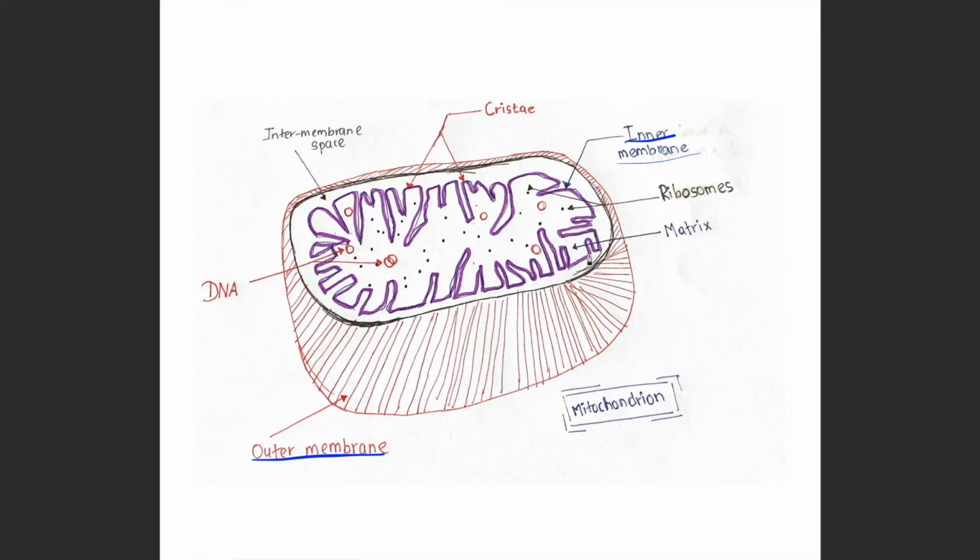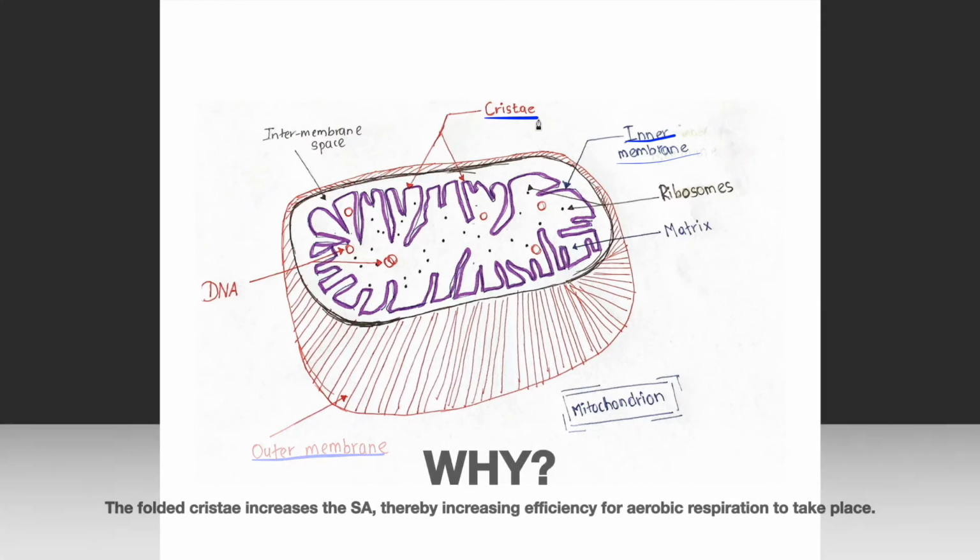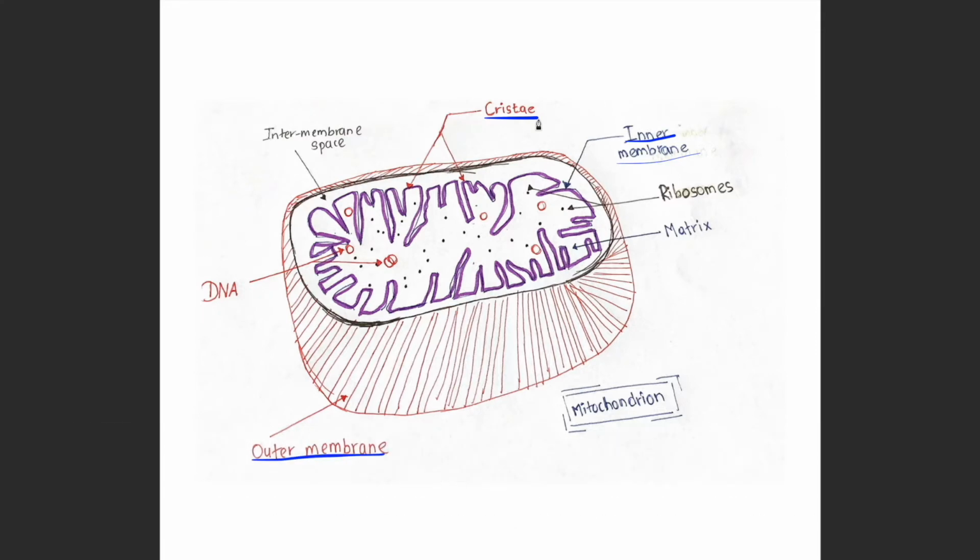Now this inner membrane is being folded to form something called cristae. Why is it being folded to form cristae? Good question. It actually increases the surface area in which aerobic respiration can occur much more efficiently than if it was not folded. Anything that is folded, like in your body or wherever, increases the surface area and therefore increases